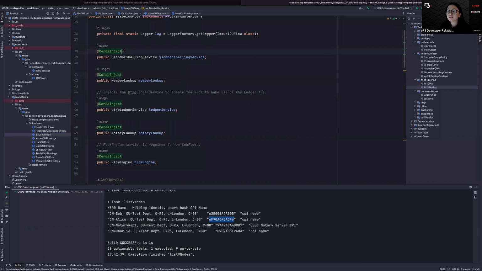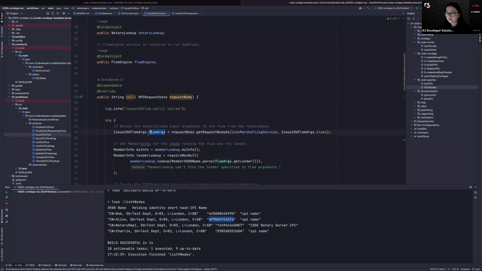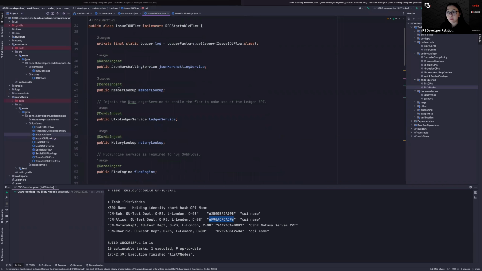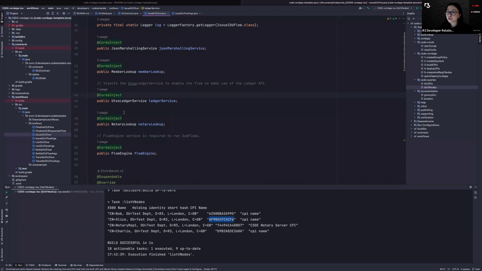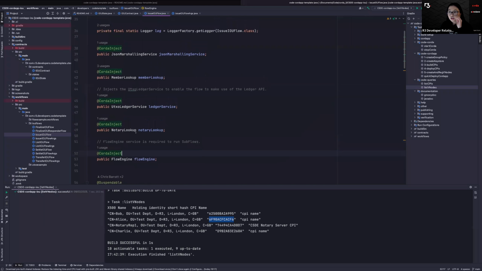So for example, the JSON marshalling service to help understand what the flow args contain, which is what we define in our issue IOU flow args file. And also the member lookup to find specific information about specific members. The UTXO ledger service, so that's for the ledger, notary lookup, flow engine. And you can choose what you want. As I said, these are pluggable,